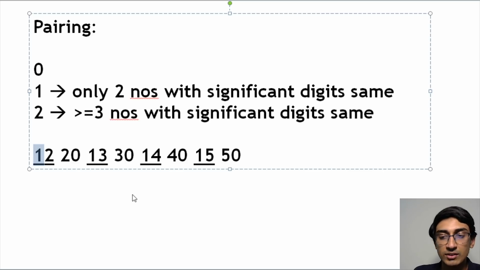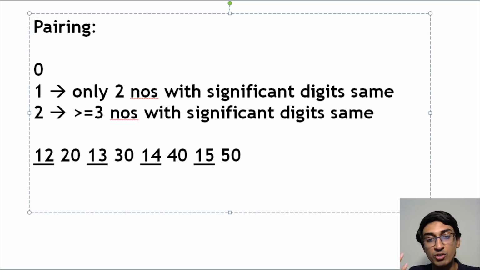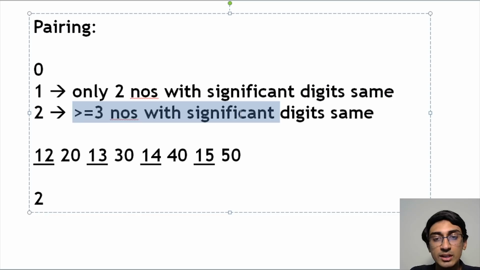If they both are starting with 1, what we are told is that we have to choose only 2 pairs at max, which means that we could form multiple pairs. In fact, if you are actually checking how many pairs are possible, you have to do 4C2, and 4C2 would be 6. So there are 6 possible pairs from here, but 6 is the wrong answer. We actually want 2 possible pairs, because at any time where the number of pairs exceeds 2, we default to 2. So the answer basically is, if you have greater than or equal to 3 numbers with the same significant digit, then from those positions 2 pairs are possible, right?